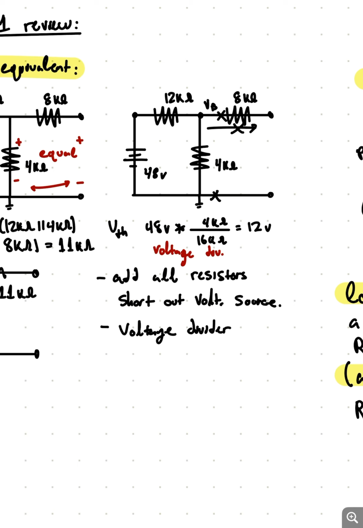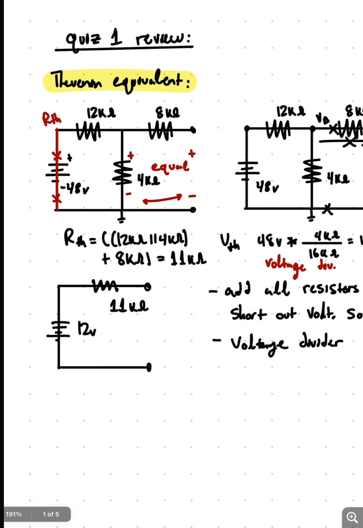So we get 48 volts times our 4K ohm resistor,